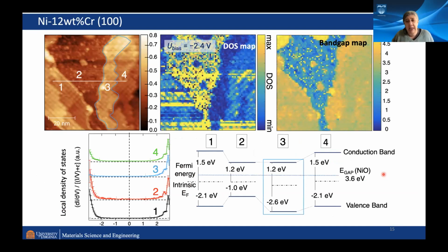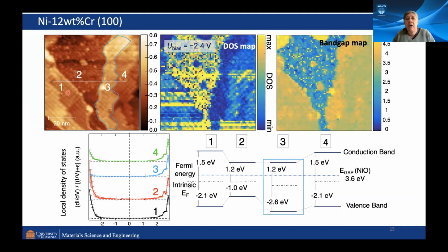And the heterogeneity is not just compositional, it's also electronic. So we have scanning tunneling spectroscopy information here, which tells us essentially the position of our band edges in the oxide, and of the Fermi level within these band gaps. And we can have structurally identical regions like 4 and 1, for example, but which are electronically different.